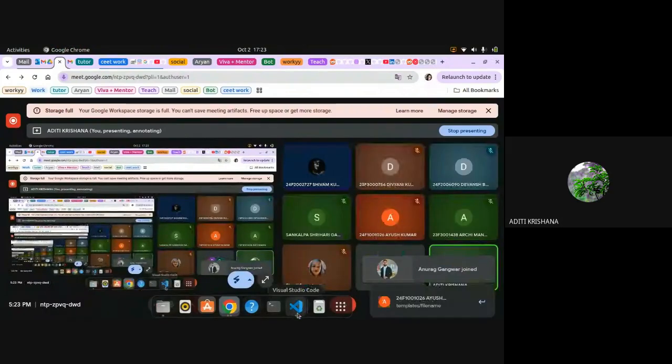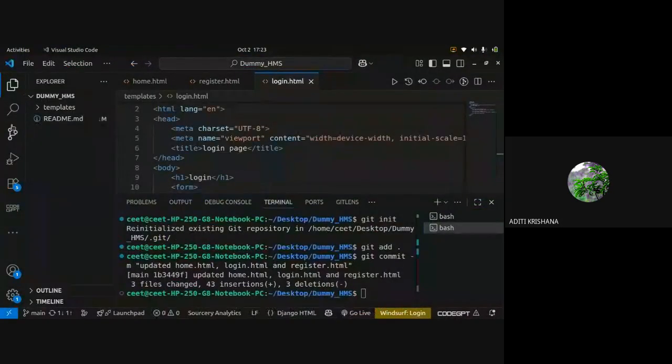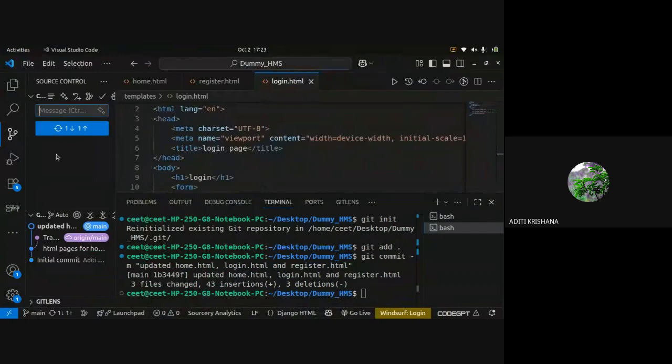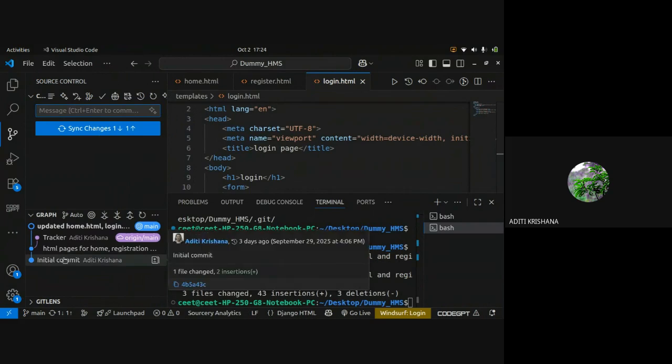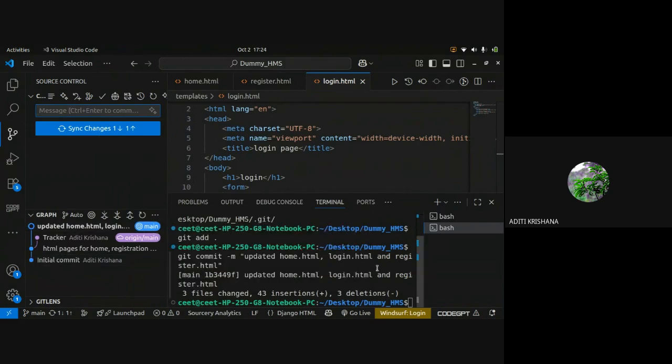See, the main thing is that there is this type of thing, source control. So what will happen when you see the source control? Right now I have already committed my changes, right?